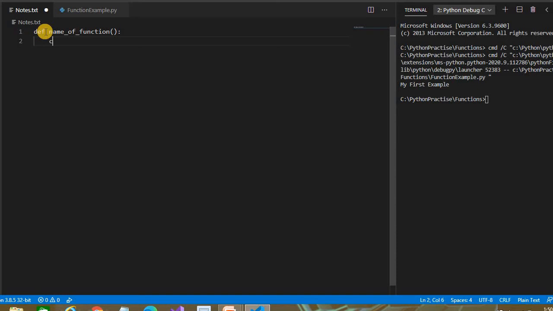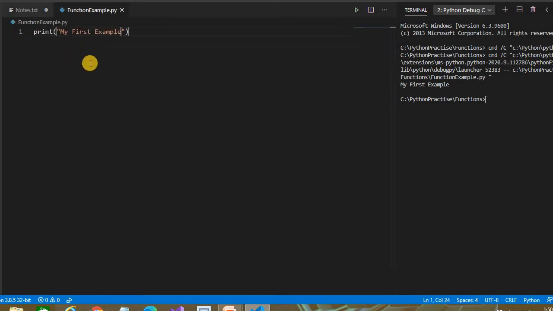Whatever code you want to write, you can write it. Return: if you require, you can return anything. If it doesn't require, you need not return. There is one more thing here. Inside a function, you can write some comments which give the definition and better readability. Anyone new can come to the organization and check these comments, and then they are able to understand what this function does. This is a simple way of declaring functions.